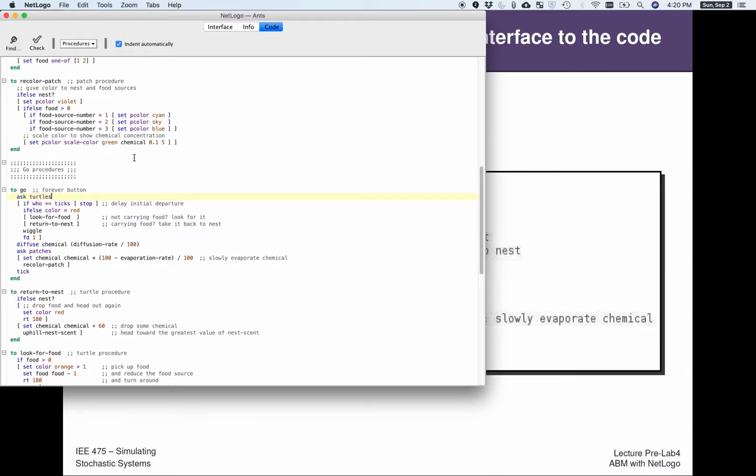So ask turtles with hunger greater than 5, and that would end up asking everyone who's very hungry to do something, whereas everyone who's not very hungry, you're not asking them to do anything. But this is just asking all of them, and then this code in here,